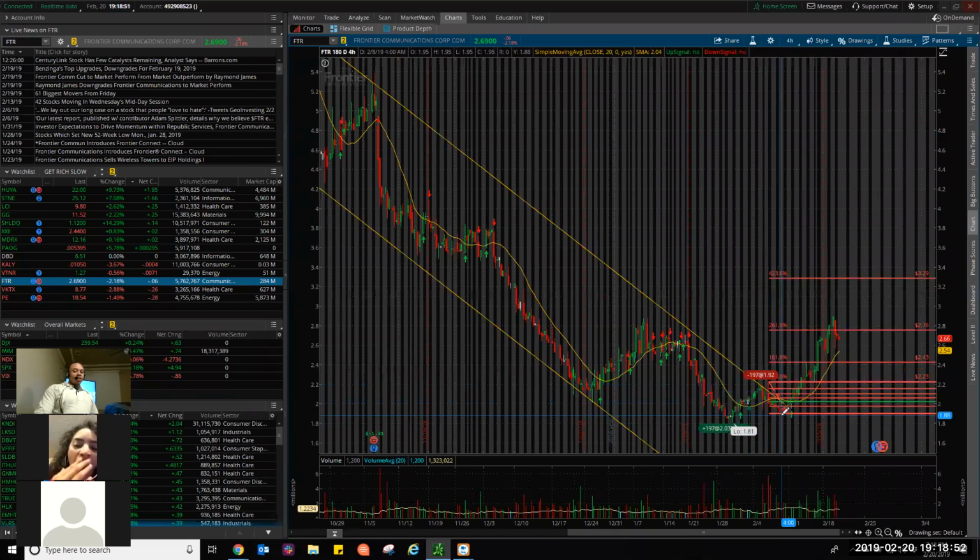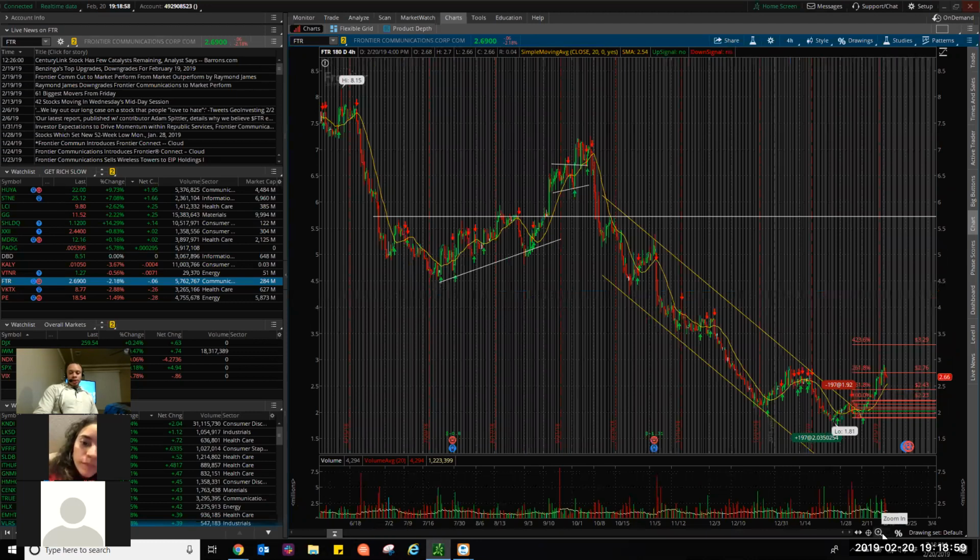Well, eventually I ended up selling early. It didn't even hit my stop. I got undisciplined, but it started to go back up. But if you look at the Fibonacci,